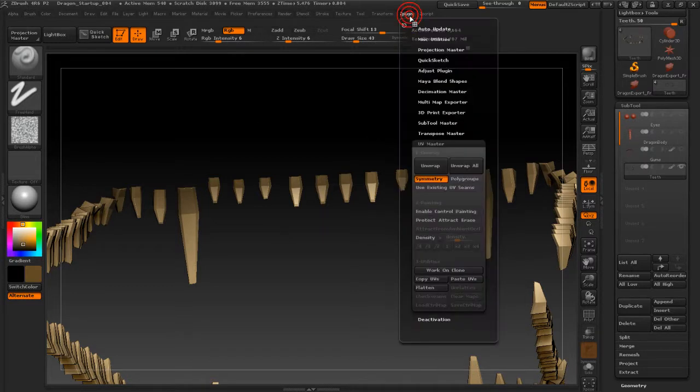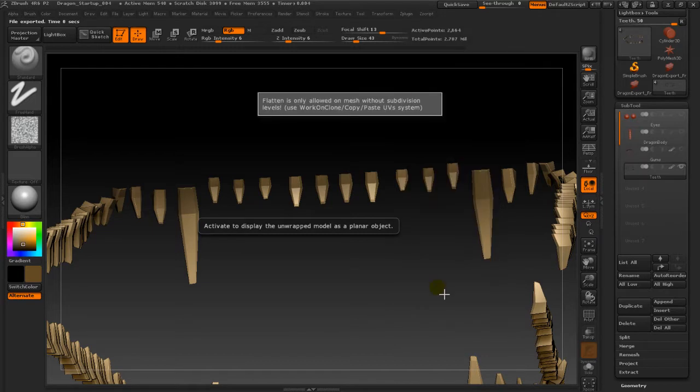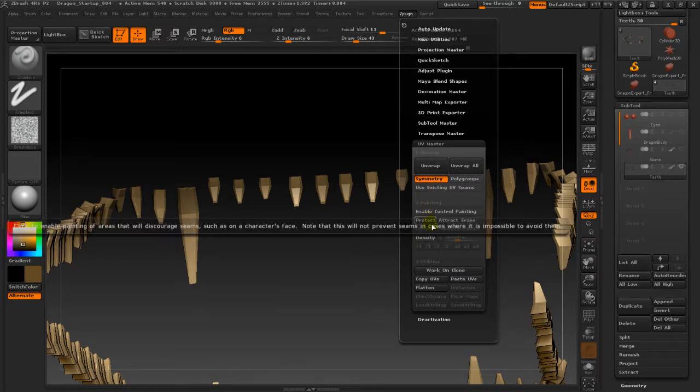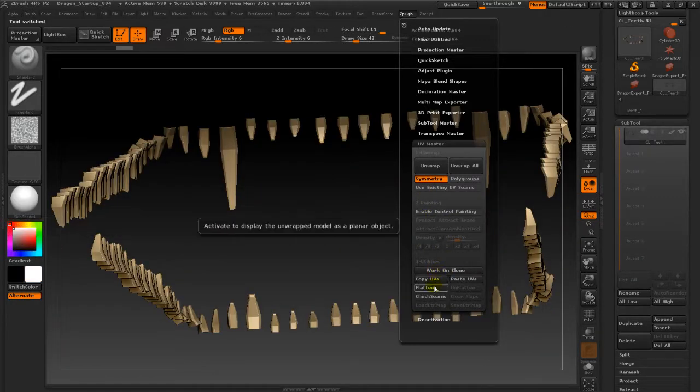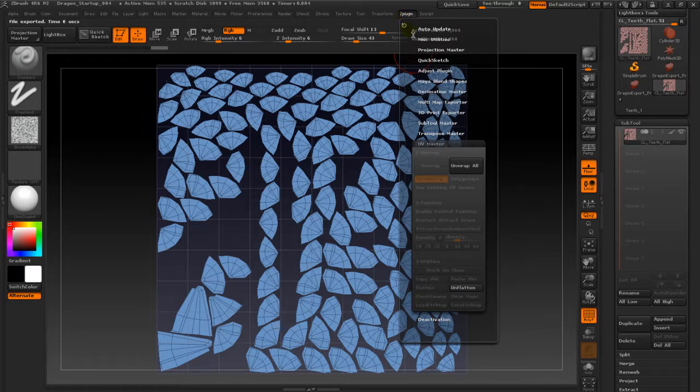it wants me to copy it first. So I'm going to copy it, and then I'm going to say flatten. Sorry, not copy it. Where's clone? Work on clone. Right there. So I'm working on a clone, then I can flatten it and see the UVs all laid out nice and neat. That's good. Then I can say unflatten,